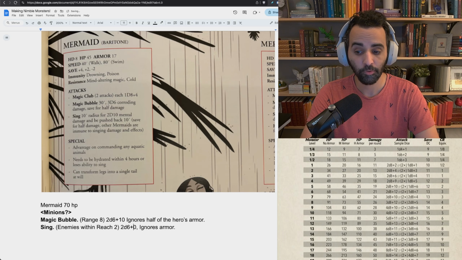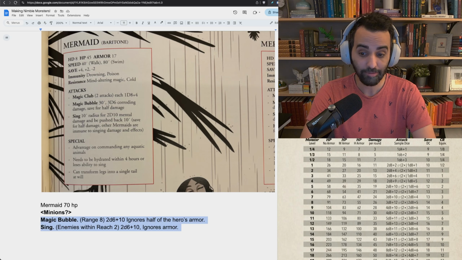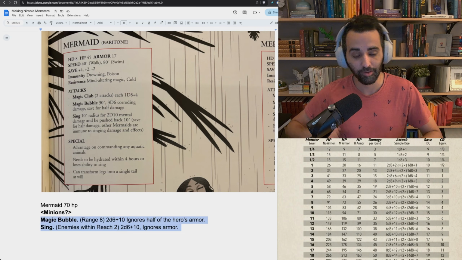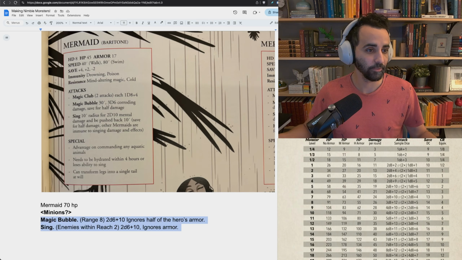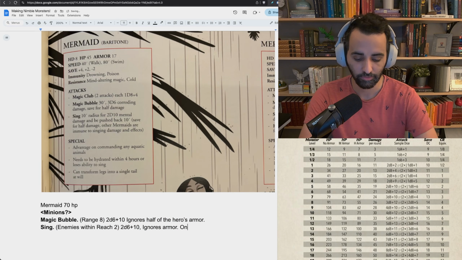So if it ignores armor, we're going to reduce the damage substantially, because armor is a pretty big deal. Okay, so that might be cool, and it makes sense that it ignores armor. Like, you can't just dodge out of the way of the singing. You can't block the singing. No, it ignores armor. Other things you could do, you could have it daze the target, like on a crit,